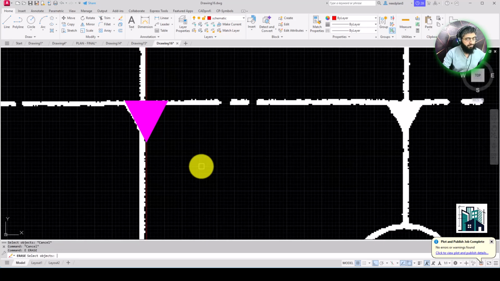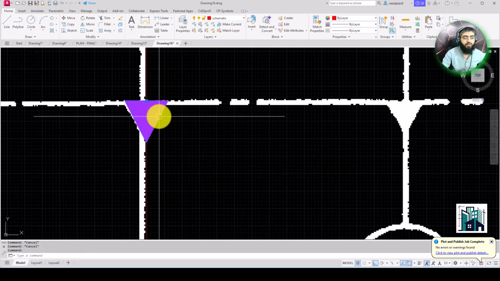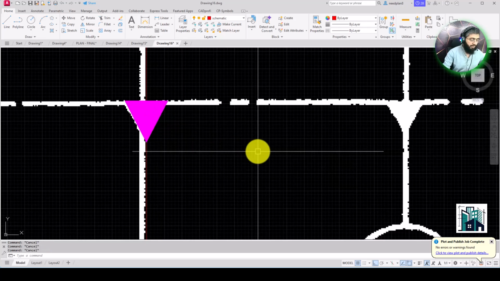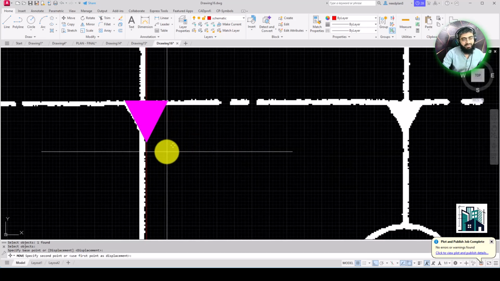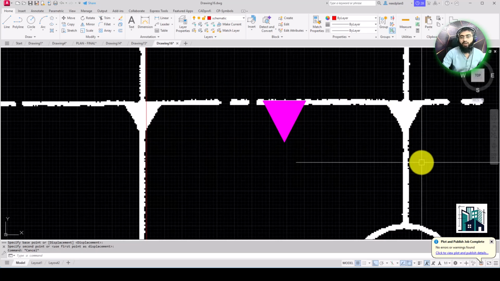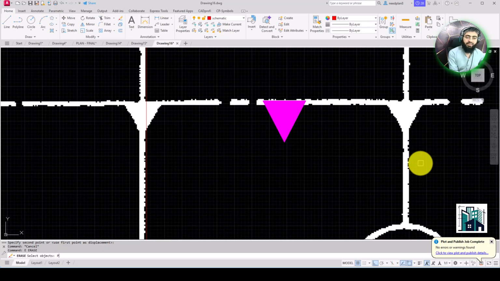Sorry, this one is not activated. Now just select this and then move. This one is here. Now I'm going to erase this through the previous object, like E enter, P enter.